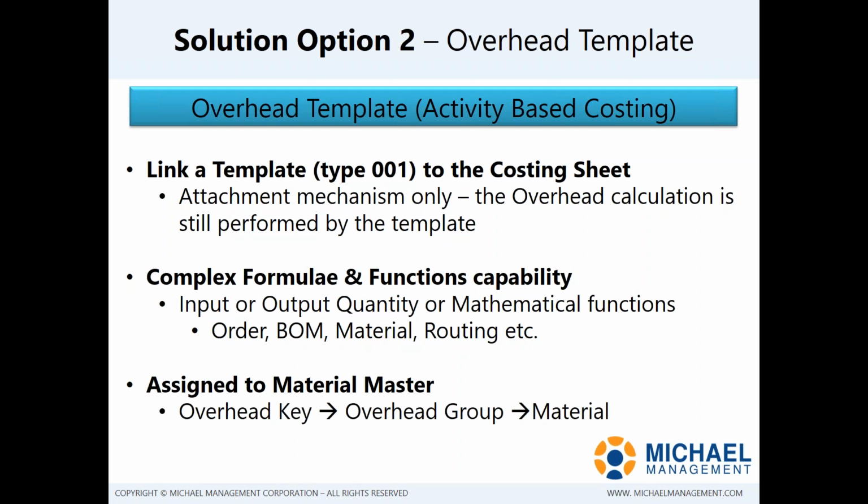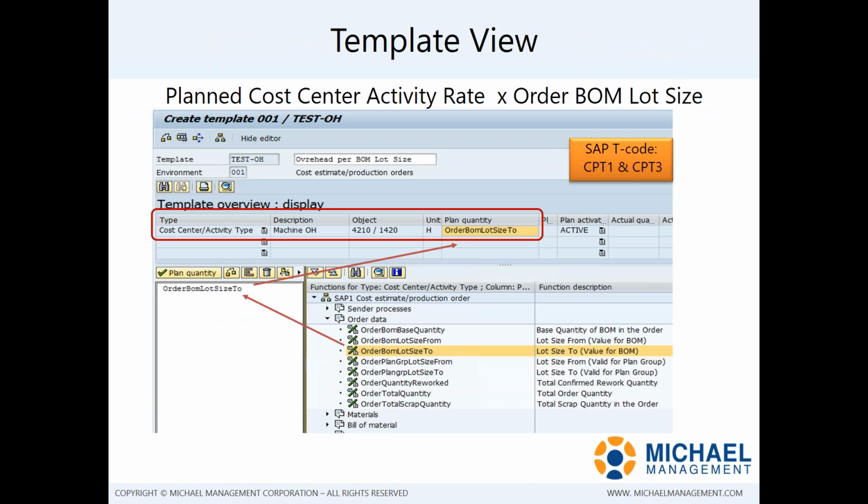And at the end of the day, once you've got this template set up, it is then also selectively assigned to materials via the overhead key overhead group. So you can, again, even with this complexity, decide which materials are actually going to be tagged to this overhead template or which ones are not going to have overhead applied. So let's have a look to see what one of these templates actually looks like in the system and discuss that a little bit. So for the template itself,